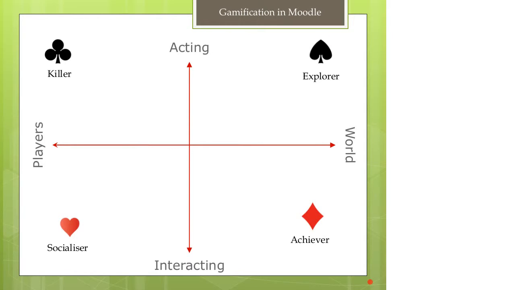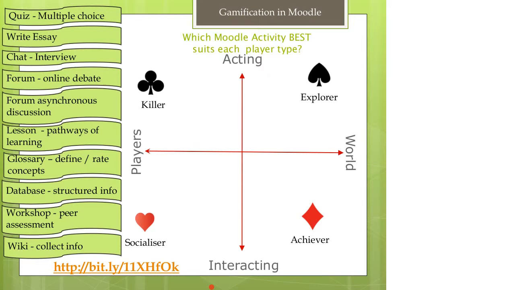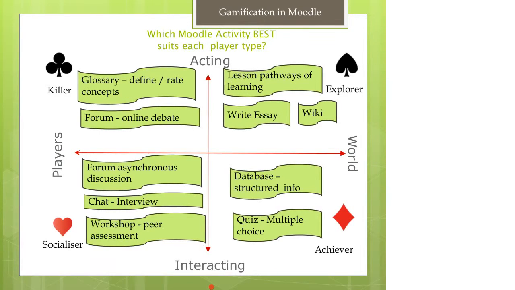We've got a few A, Bs and Cs, so I'll just explain. Bartle used terminologies of killers, explorers, achievers and socialisers, and broke down how he came up with that division. So I started applying this to the tools within Moodle and thinking which ones would I put in different sections. So I came up with what I thought happened, and I thought maybe I should make a survey and ask everybody. And I haven't redone this graph since last year, but I've been watching the responses, and it's pretty much